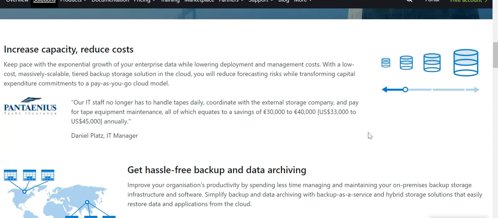So whenever we talk about backup strategy, we always want to increase storage capacity and reduce the cost, because this data will not be accessed frequently, but you want to retain it for a compliance period. For example, some clients retain it for 7 years. So if you have to retain it for 7 years, you don't want to spend a lot of money. You want to reduce your cost and you want more storage.